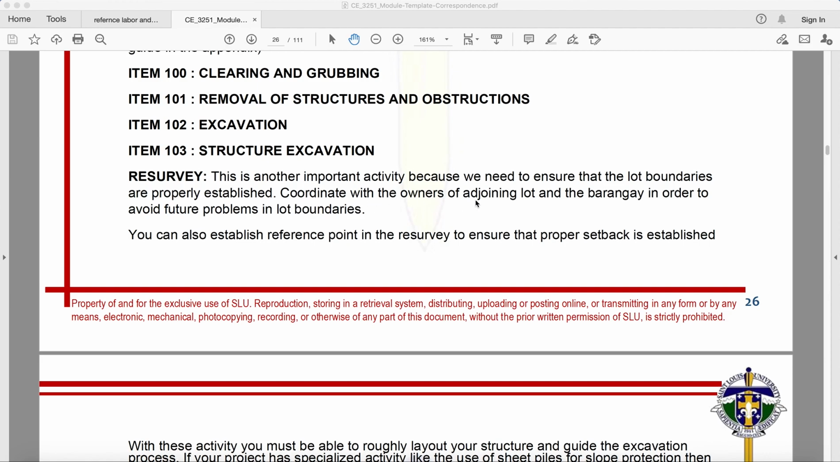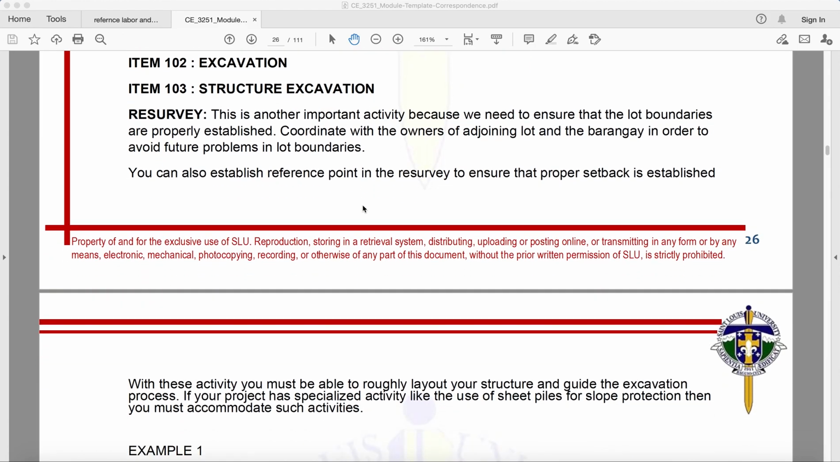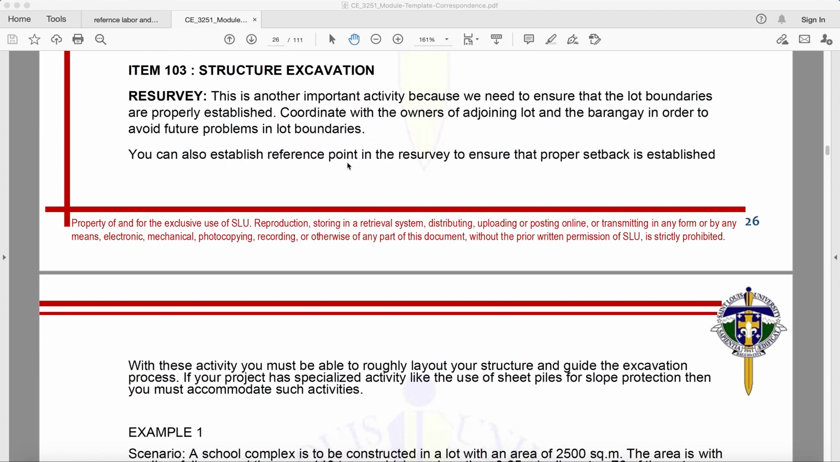Coordinate with the owners of adjoining lot and the barangay in order to avoid future problem in lot boundaries. So you can also establish reference point in the survey to ensure the proper setback is established. And with this activity, you must also be able to roughly lay out your structure and guide the excavation process. So if your project has specialized activity like the use of sheet piles or for slope protection, then you must